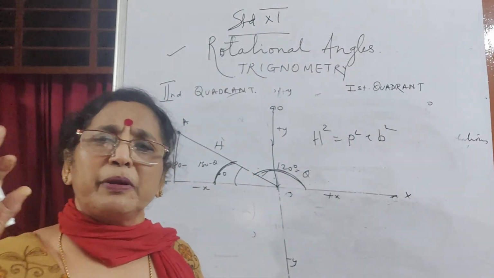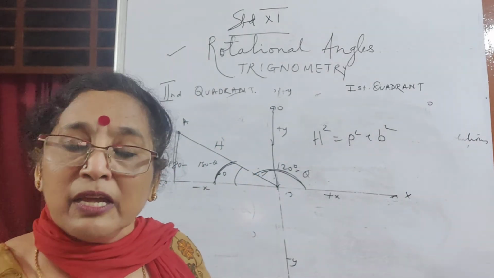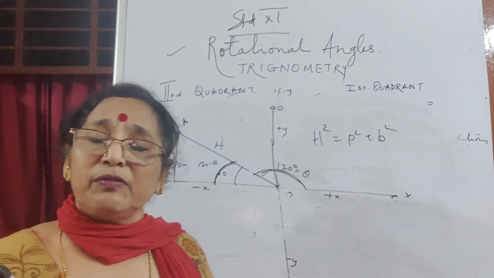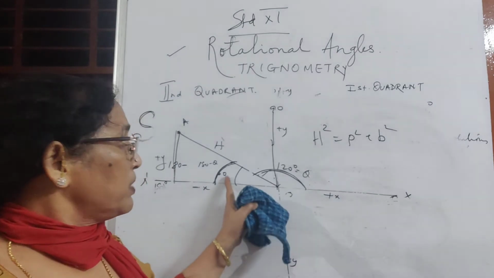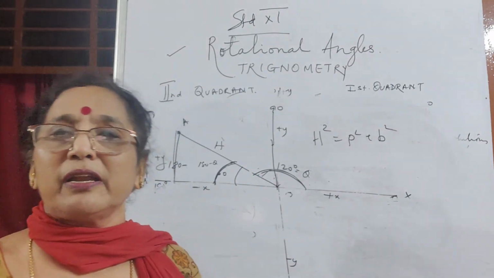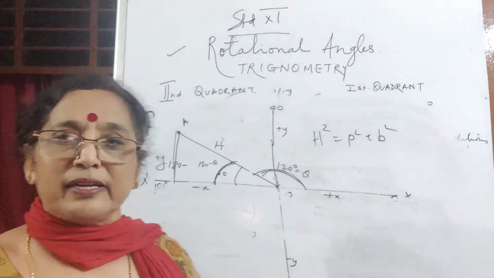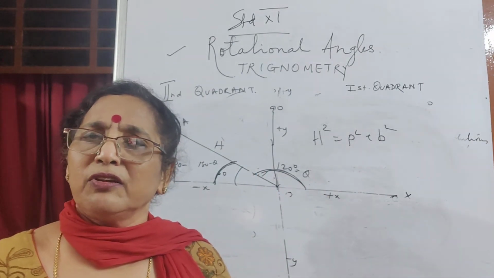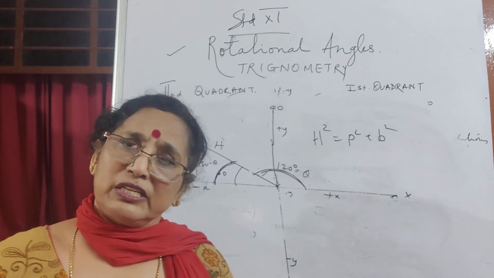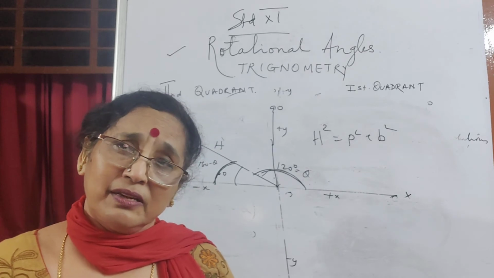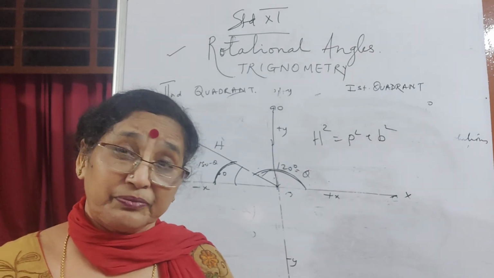Only the base and perpendicular of this right angle triangle can have signs, because angle 120 degrees is in the second quadrant. If you are given an angle in the second quadrant, you take the acute angle from the reverse direction, so then we can make a right angle triangle. With an obtuse angle, how can you make a right angle triangle? You cannot have a 90 degree angle and an obtuse angle in a triangle, right? There can only be one obtuse angle in a triangle, do you know that?